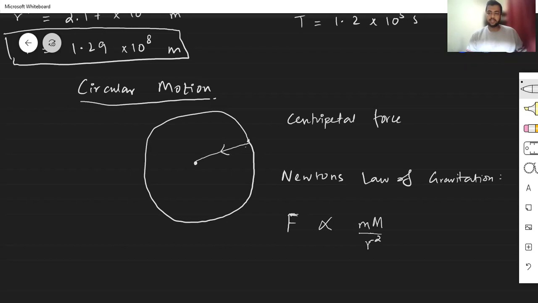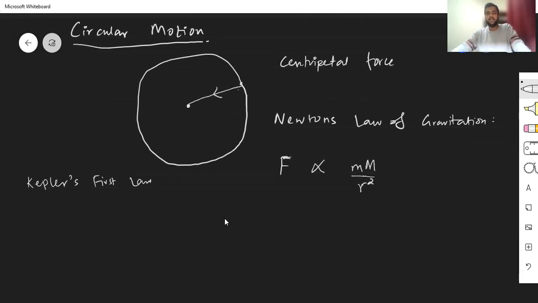When we say that they're moving in circles, we assume that the orbit is circular, but in real life it's not circular. It's actually an ellipse. I hope you've learned Kepler's first law. Okay, but in general, in your syllabus, at least till your level, we assume that